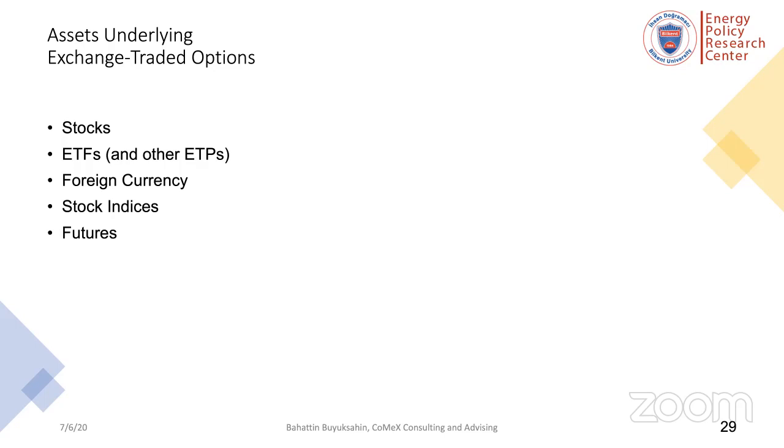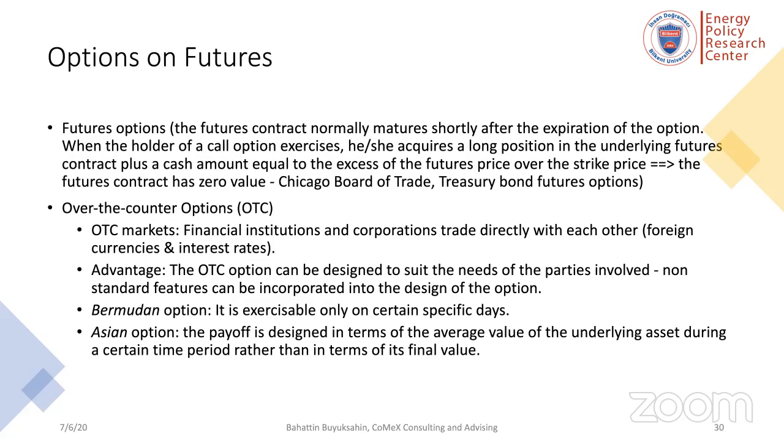They are designed to replicate the performance of a particular market. For example, just think about crude oil or silver or gold. The most common ETP is an exchange-traded fund. This is usually designed to track an equity index or a bond index. There are lots of ETPs on the commodities as well. Other ETPs are designed to track the performance of commodities and currencies, as I said. And then we have the